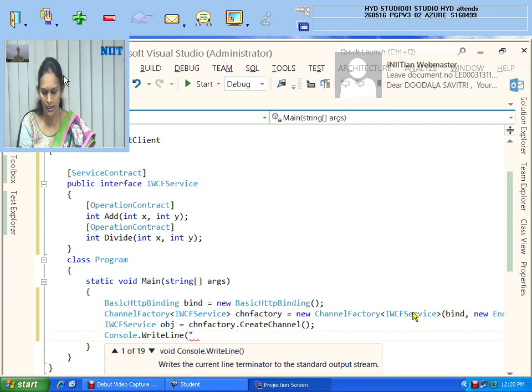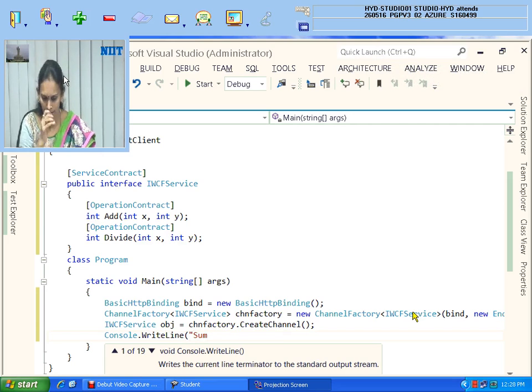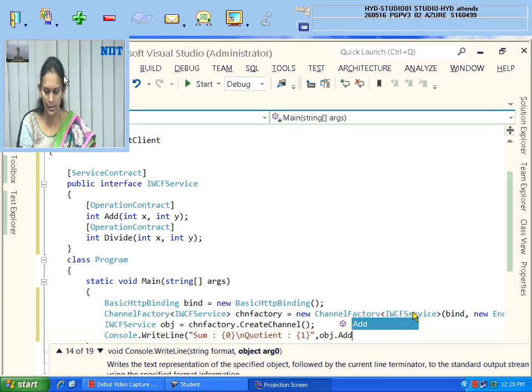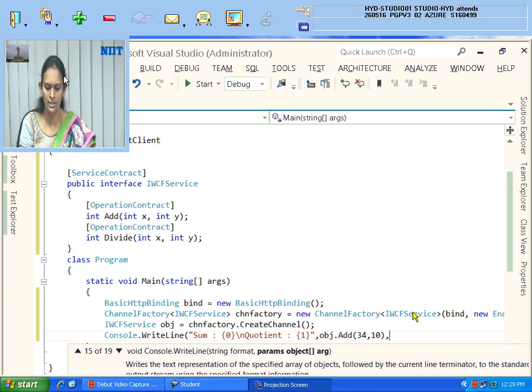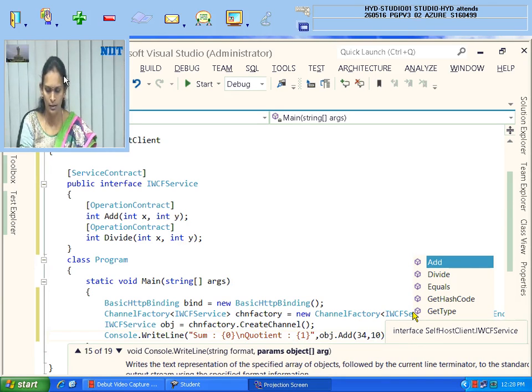Add, okay. Sum, dash slash n. Quotient. 1. obj dot Add, obj dot Divide.